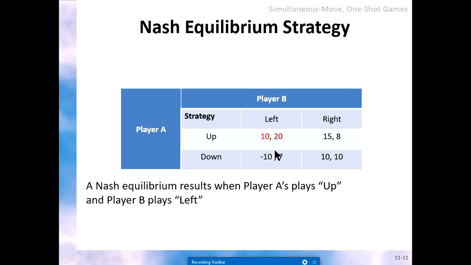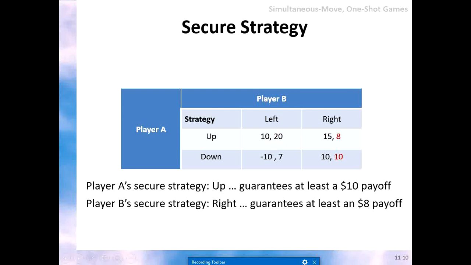I want to go back to the previous one, the secure strategy. Even though the secure strategy guarantees the highest payoff in the worst scenario that could happen, it is not a very good strategy to follow. Why? This is because in this case, as we said, player B's secure strategy is right, where he can secure at least 8. But if player B knows that player A's dominant strategy is up, in this case, if he plays right,